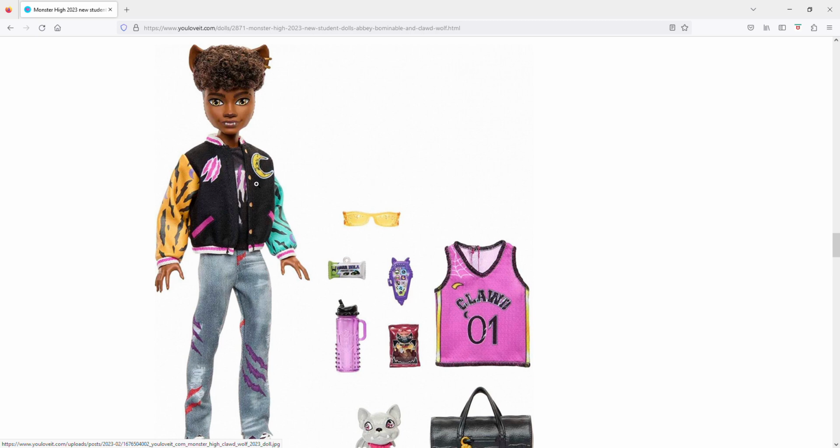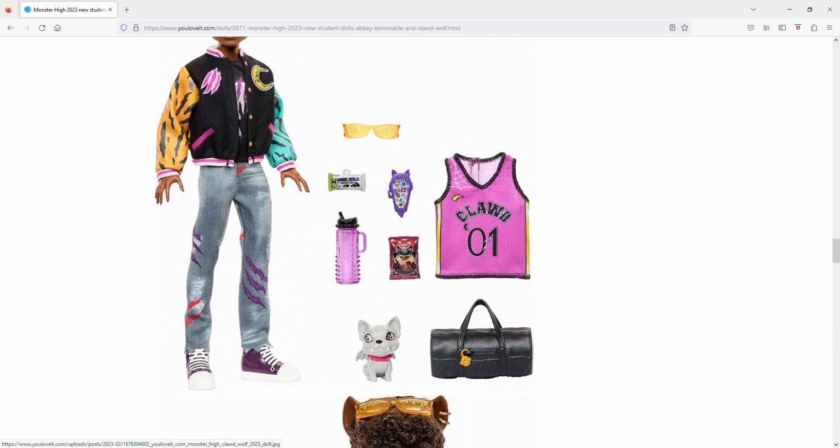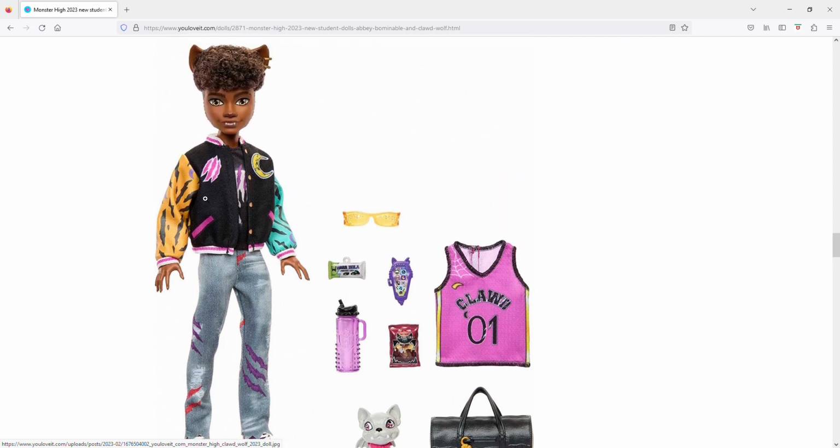But I think he looks a lot more exciting to me than Deuce, in all honesty. Which is why I think I'm also pretty excited for him too. I like his shoes a lot. The pants look nice. I like his kind of jockish, high school looking jacket that he's got going on, and it's nice that we get this jersey looking top, as well as whatever top he's got on underneath the